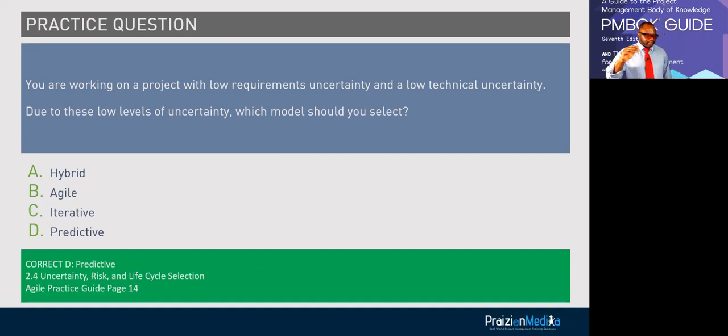Okay. We've got a good level of understanding of the technicalities and also the risk, right? Good ideas about the technical aspects, good ideas about the requirements is what I meant to say. Requirements and technicality. In other words, the Stacey complexity model, that's what this is talking about. Okay. And then going a step further, what I just mentioned in terms of